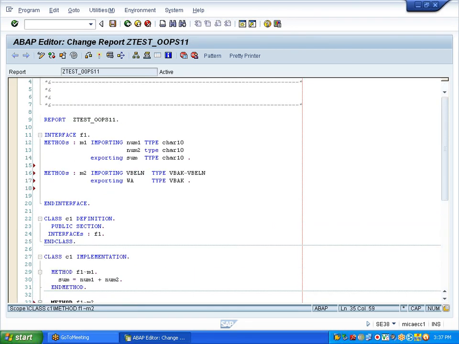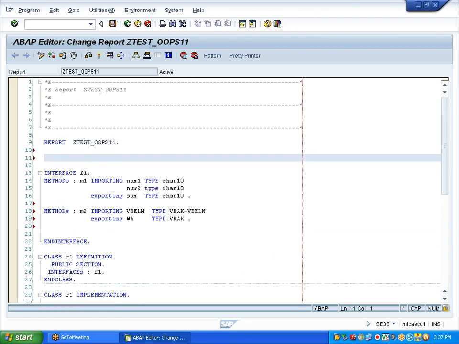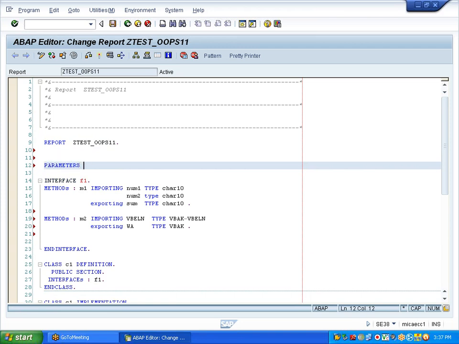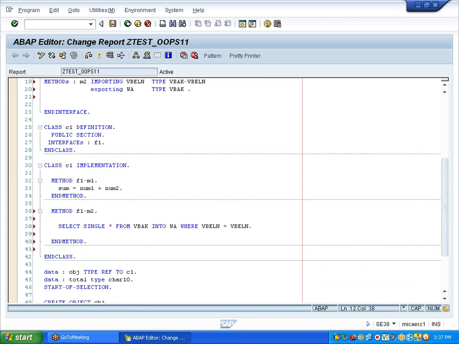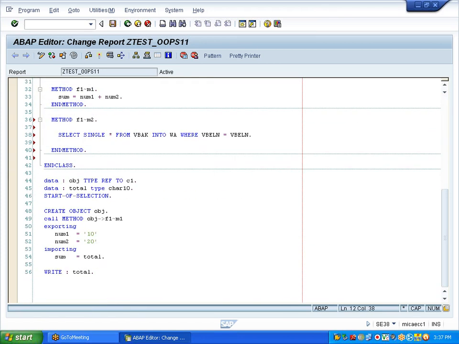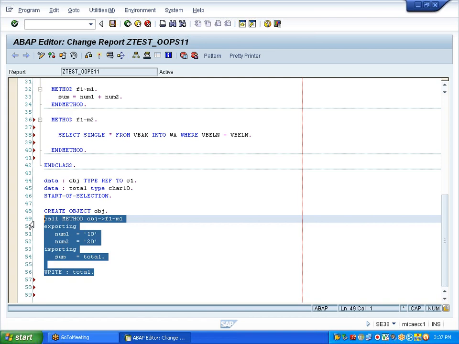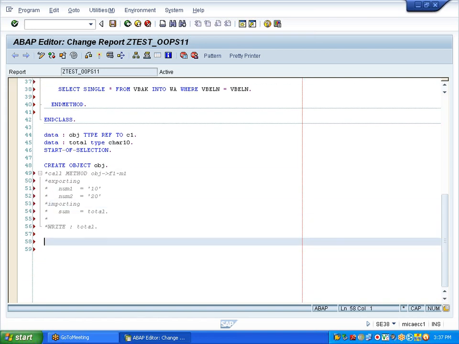Fine. So now in the program, I will create a selection screen, parameters P_VBELN type VBAK-VBELN. Now after this I want to call the method M2. Correct. So I want to call the method M2. After this, for the timing, I will comment this. So now what I will say, call method